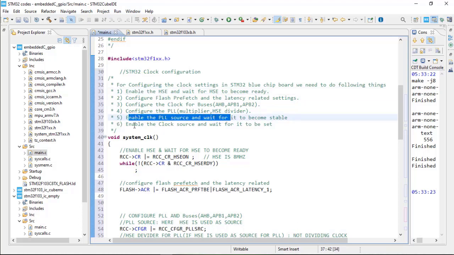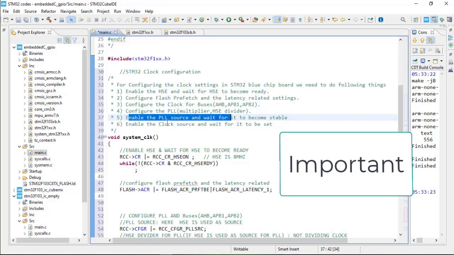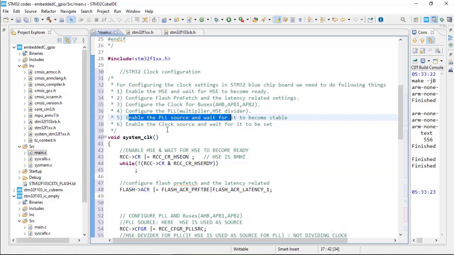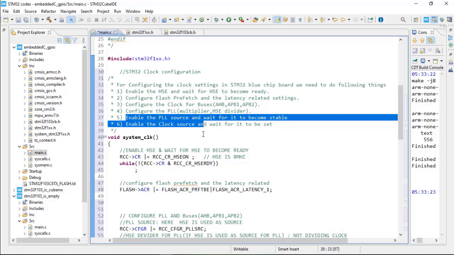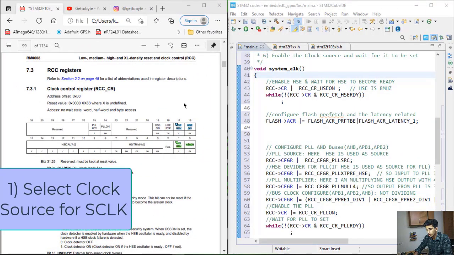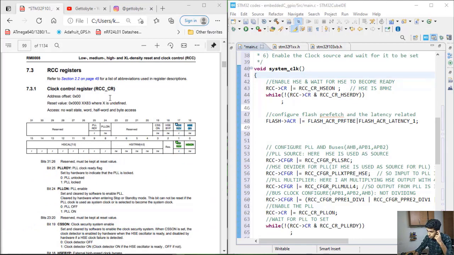You have to remember one thing which is very important: before enabling your PLL source, you have to do all such things, whether you are using PLL or not, or whether you are using HSE or HSI. You have to do that previously, before enabling the PLL and the clock source. Once you have enabled your PLL and clock, then no changes can be made. Okay, so now moving forward, starting with the register description and the configuration for a clock, in the RCC_CR register, we need to enable whatever clock we have to use, whether HSE or the HSI.